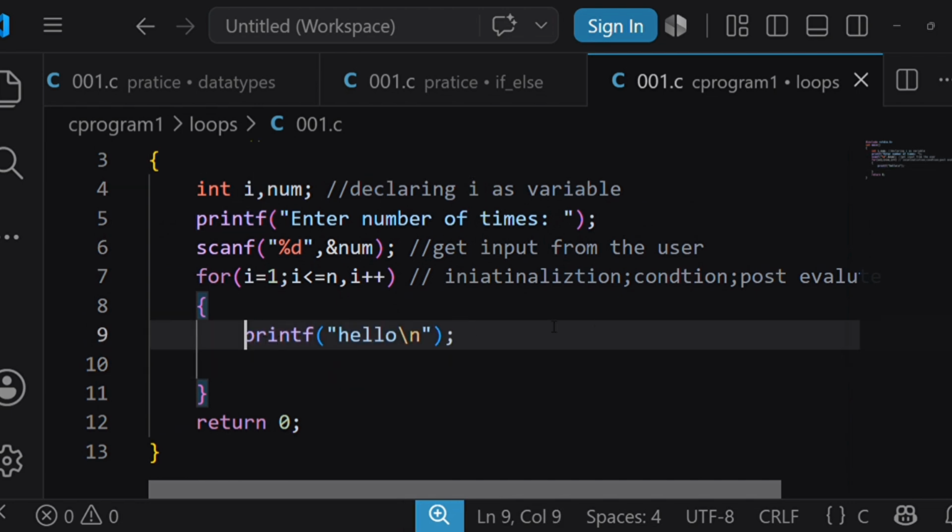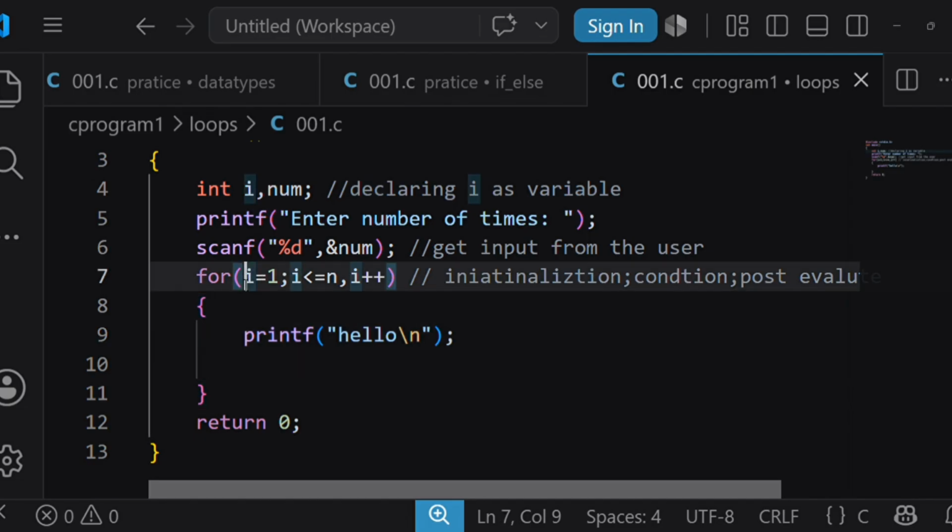So how this actually works: first this, i is equal to 1. This is step 1. First the for loop checks this one, so i is equal to 1. Next, the value stored in i is compared with n.